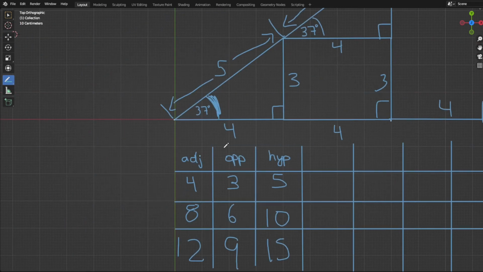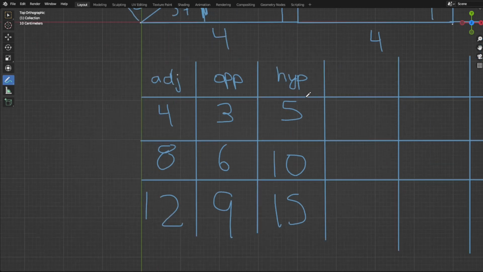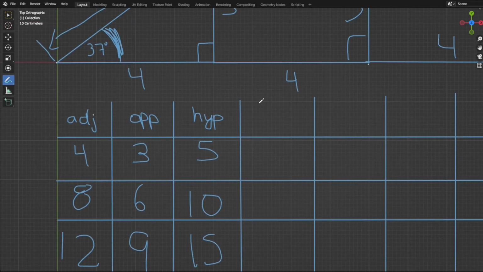So there's a relationship of all these values relative to the 37 degrees. All the side lengths have a relationship, and let's just analyze